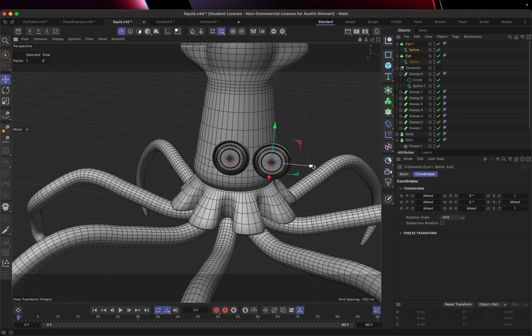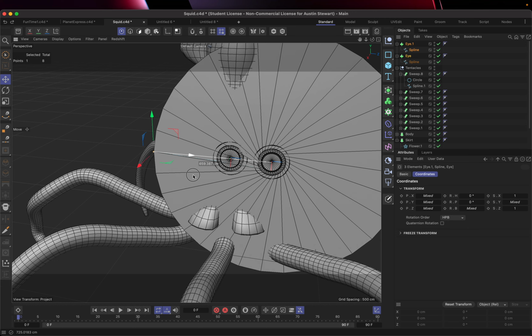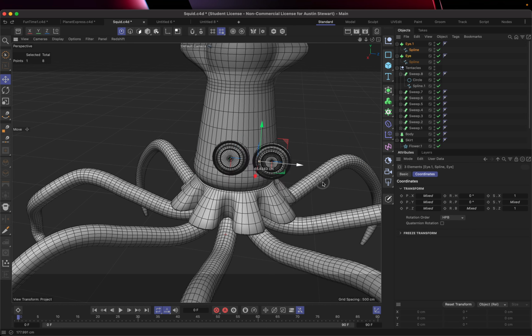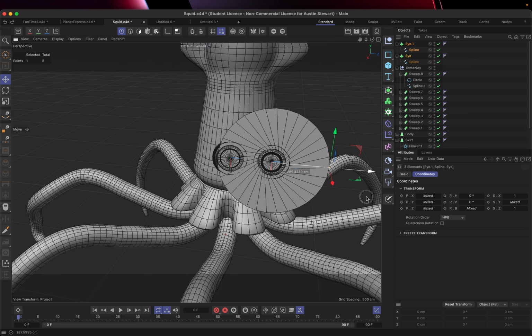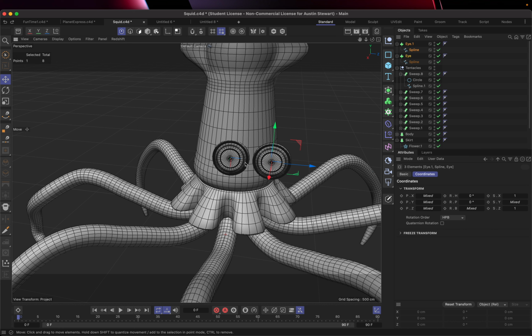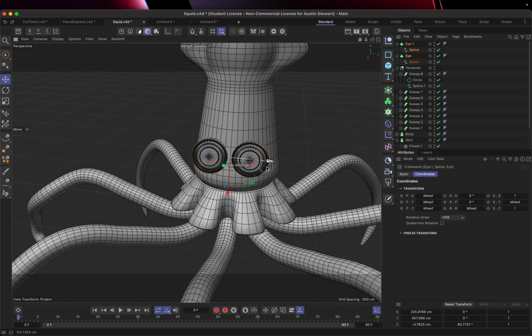Again, this is something where it's easy to ignore this, and the result is that this eye is doing crazy things. So again, I do these things all the time. And the reason I can diagnose what I've done wrong so quickly is because I do it a lot, and have struggled through it for a while trying to figure out what's wrong many times. So if I go back to model mode, now I can move both of these eyes together